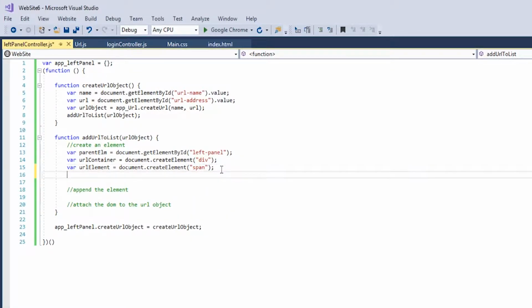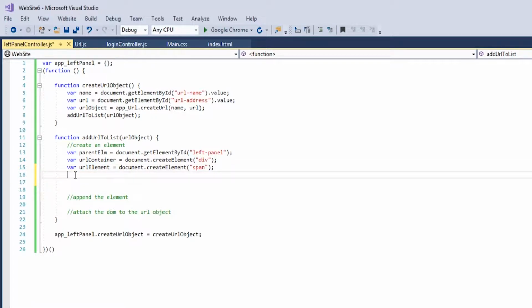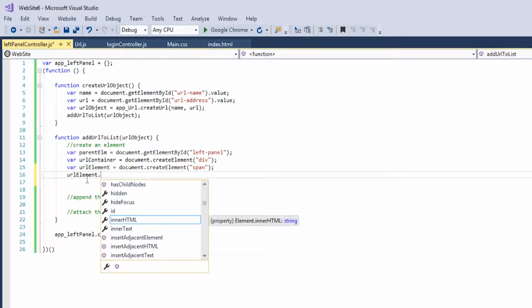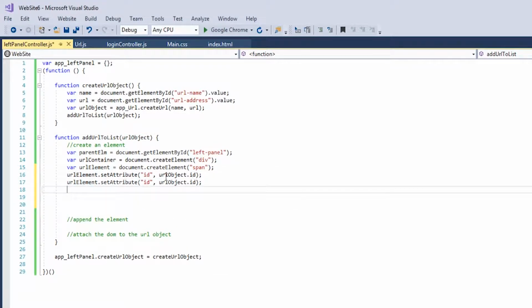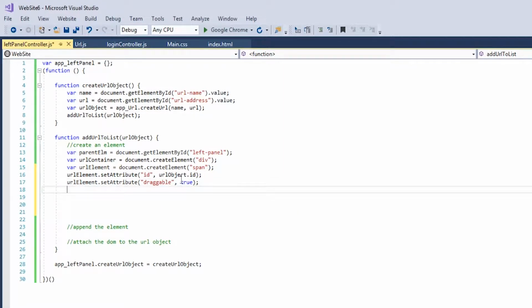Okay, now the span element is going to have some stuff. First of all, it's going to have an ID, right? Set attribute. And this is going to be which attribute? ID. And what is the value of the ID? The ID is going to be URL object dot ID, right? The second one is going to be draggable and true. Later I'm going to explain why I'm going to add this, but for now just bear with me. And a class